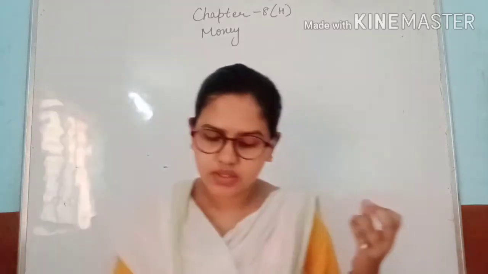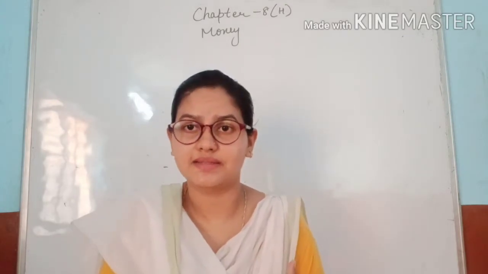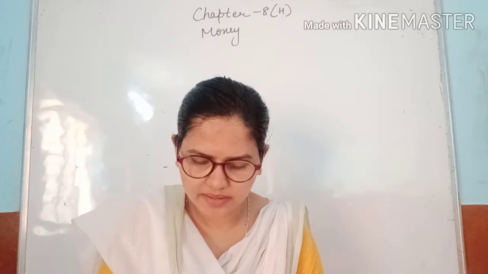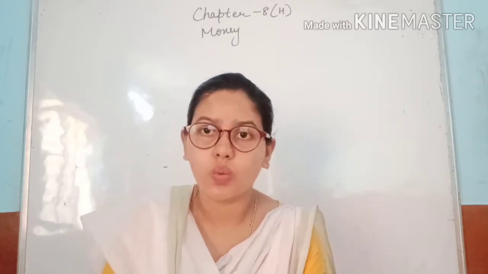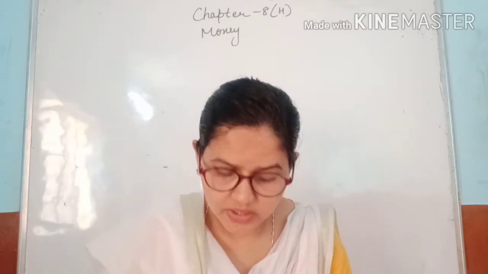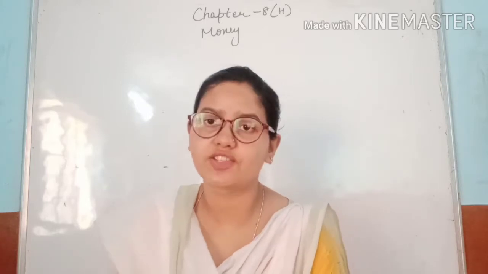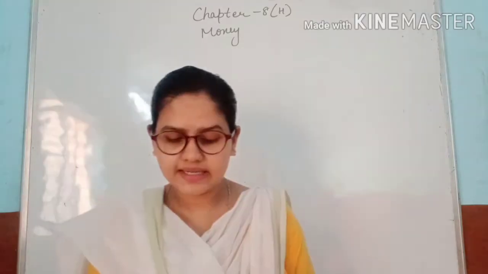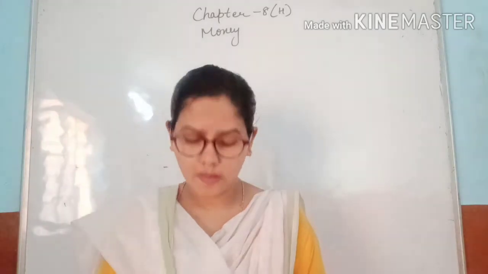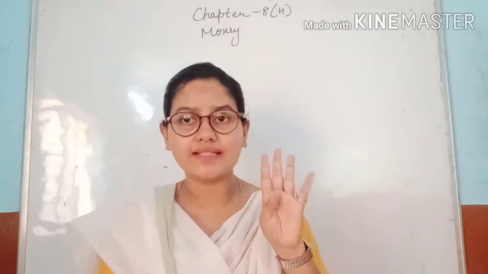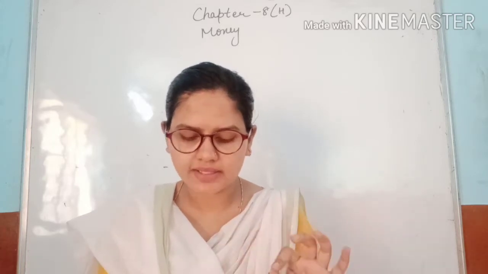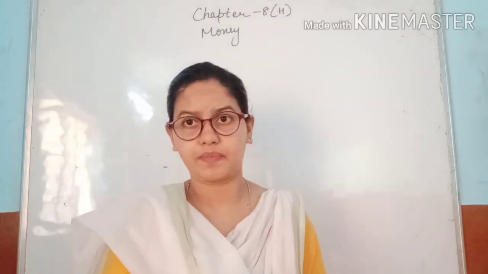So now come to exercise 8H. First one is Sonal got 200 from her grandmother. Okay, sorry, I have opened the D. We are on H, right? The cost of 4 ice creams is rupees 96.20 paise. Now you can see the 4 ice creams' price is 96.20, and find the cost of each ice cream.